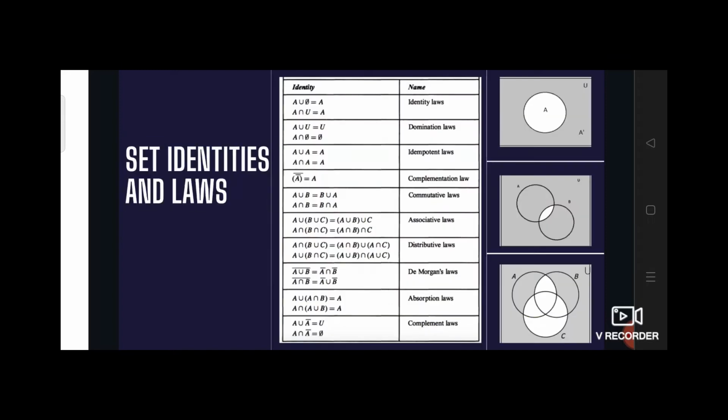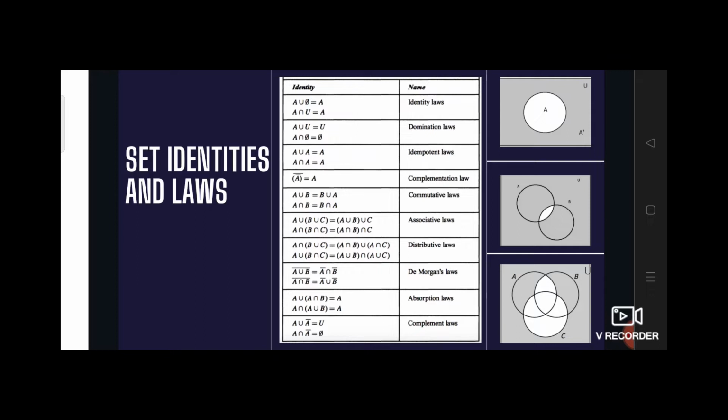So next we have the laws and identities which come handy while solving problems on sets. Firstly, the identity laws are laws related to the set itself. Given we have a set A, its union with the null set would be itself, and its intersection with the universal set would also be itself. Coming to the next one, they are domination laws, laws where the set fades out. We see A union universal set is universal set as A is a part of it, and A intersection null set is a null set as there is nothing in common.